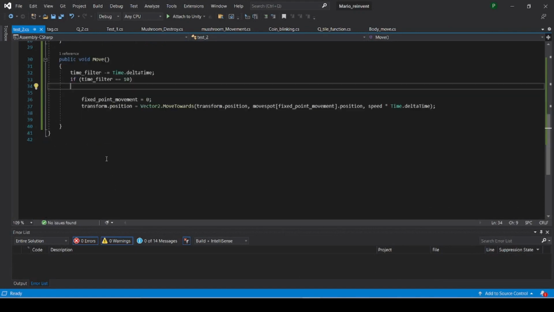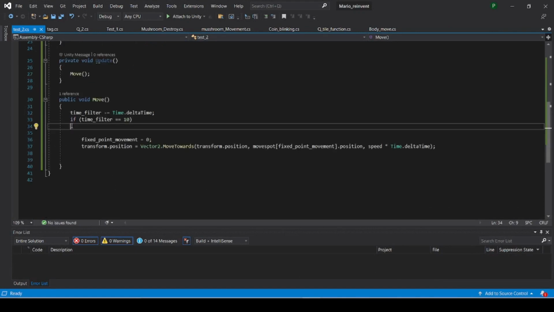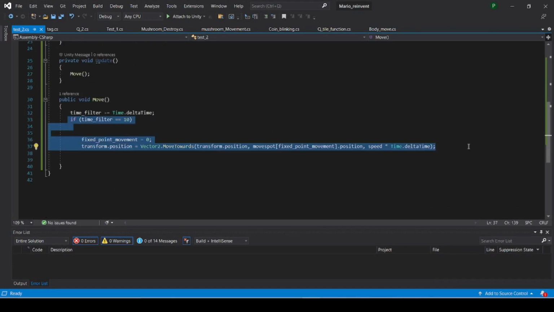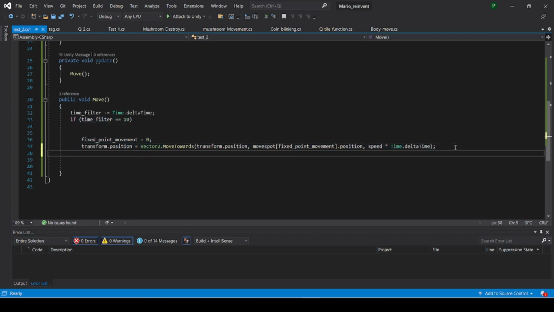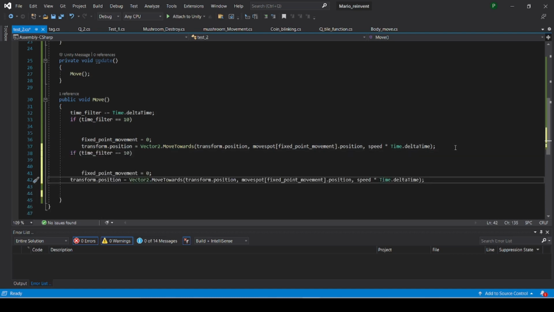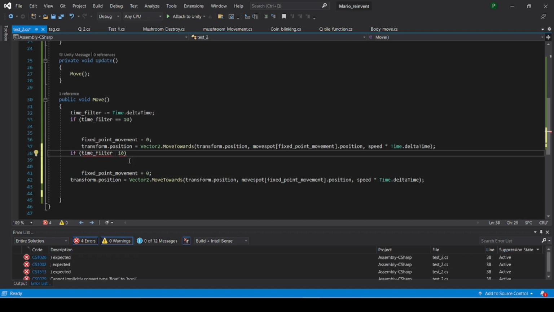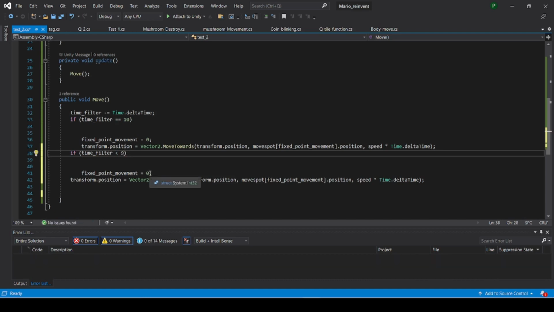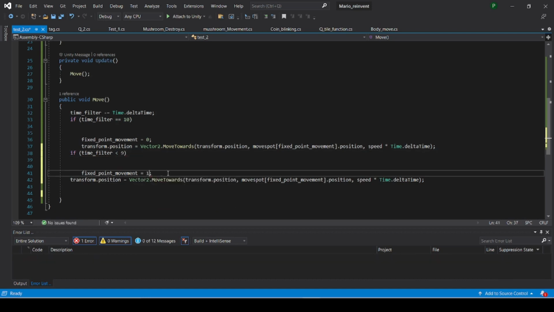So now we're going to edit our script. Make sure that your braces are off, otherwise it cannot check all the conditions. When we put braces, it only checks one condition. If one condition is satisfied, it only stops on one condition. We want all the conditions, so that's why I put my braces off. So I'm going to make it less than 9. Here fixed point position 1, which means I'm going to move to position 2.